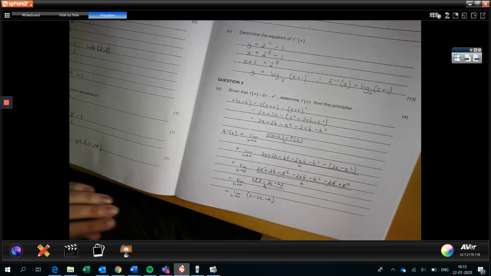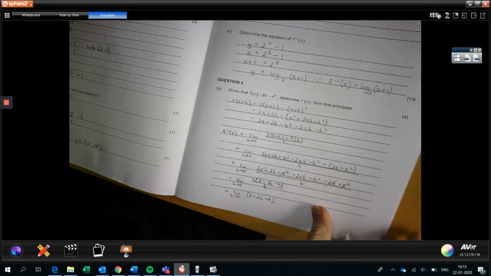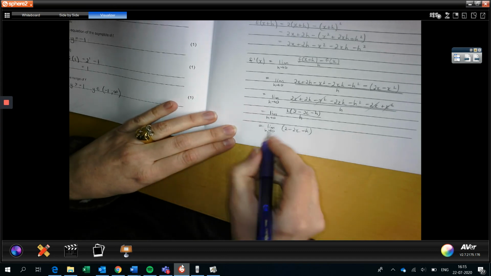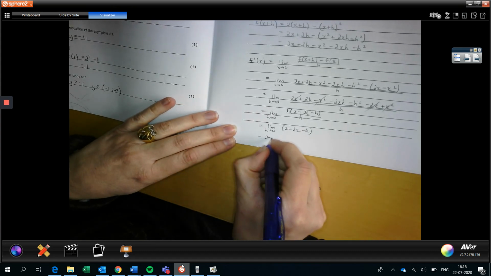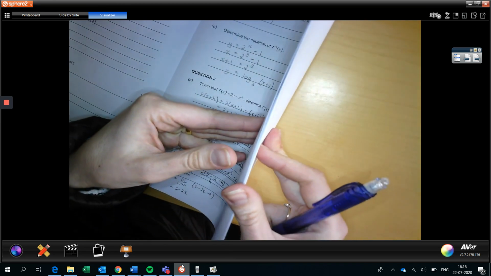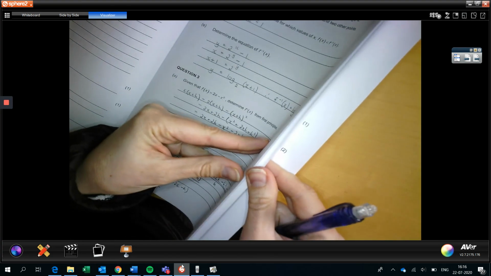Don't forget to put that last one in a bracket. Now that we've gotten there, we are able to substitute 0 into h's place, and we get 2 minus 2x. Remember, the moment you do the substitution, the limit notation falls away. Okay. Over the page,